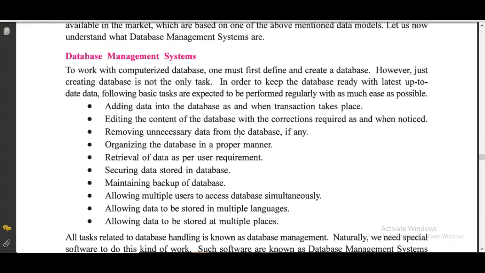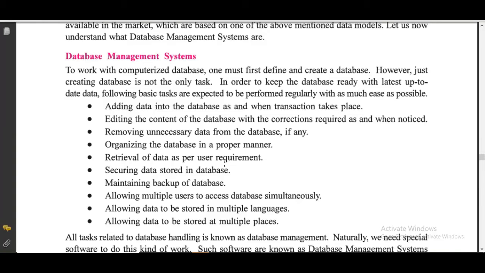Third, removing unnecessary data from the database, if any. For example, if any student leaves the school, takes LC, that is leaving certificate, we are supposed to remove that student from the database so that unnecessary data is not there in our database, which is not relevant now. Then organizing the database in a proper manner. Then retrieval of data as per user requirement. Whenever some kind of information is required, we can retrieve that data as per requirement.